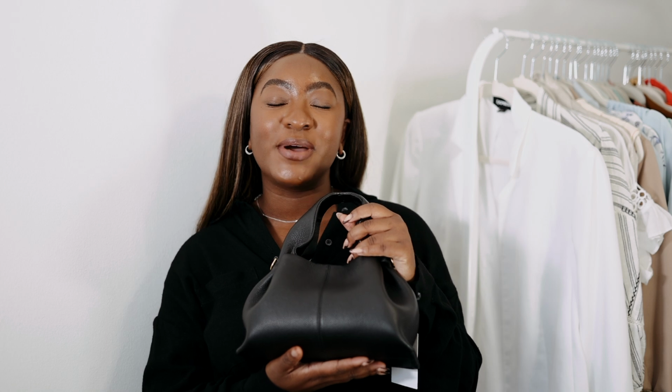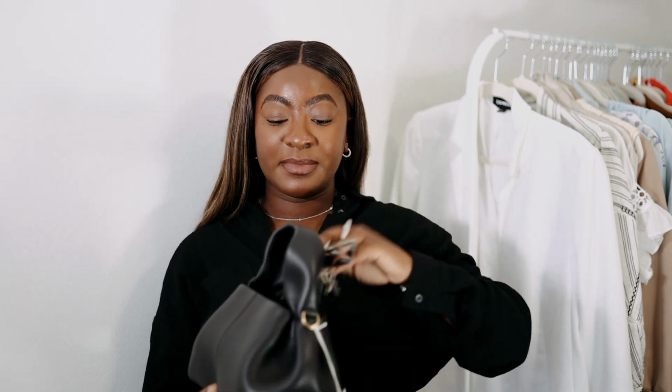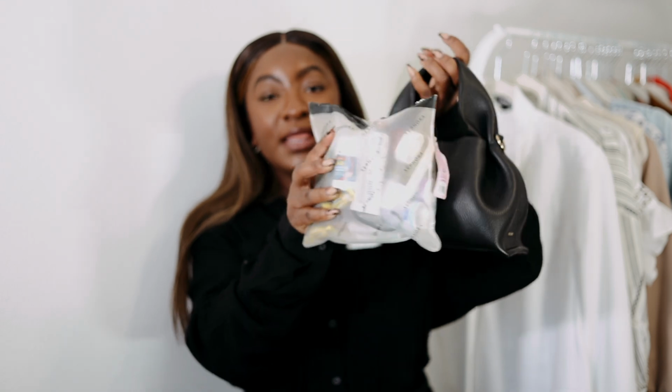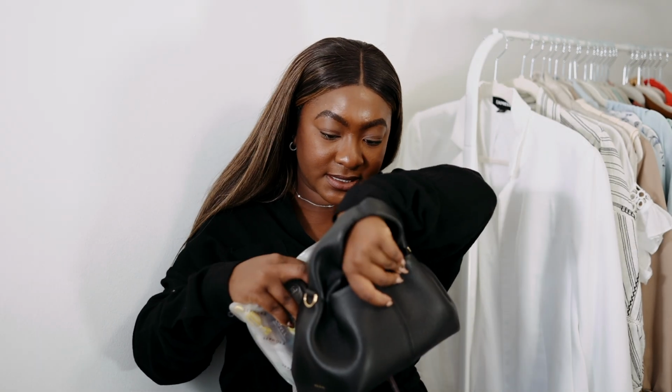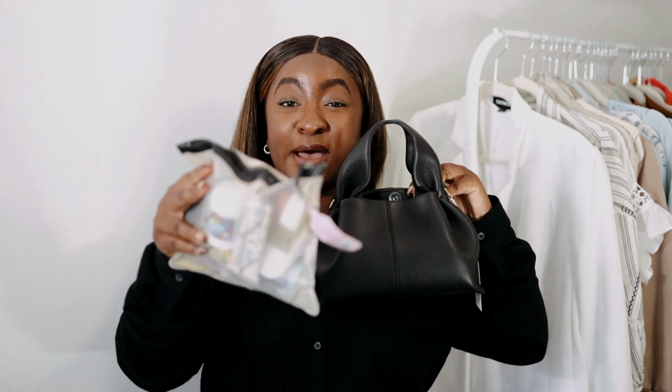Now let's talk about what actually fits inside of the mini. My wallet and my keys. I'm gonna put that in there. The ultimate test for me is whether my emergency pouch can fit inside of this bag. Now this is a pouch that I put inside of all of my bags. So this is my emergency pouch. This is the bag. Let's see if it can fit. Okay, I might not be able to get the pouch to fit in there, but I might have to pour